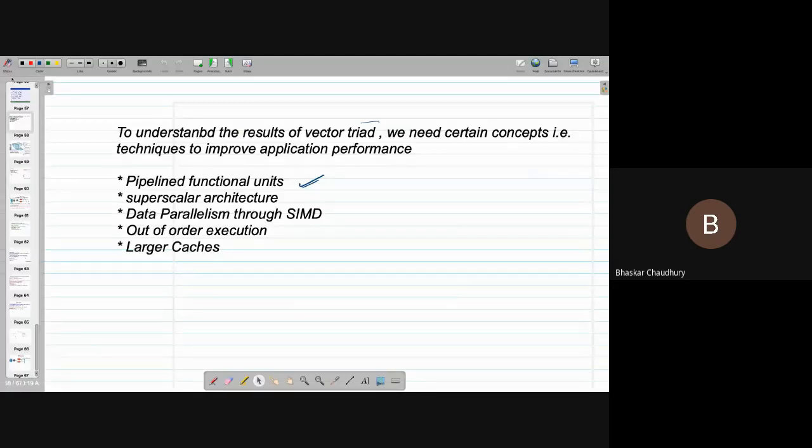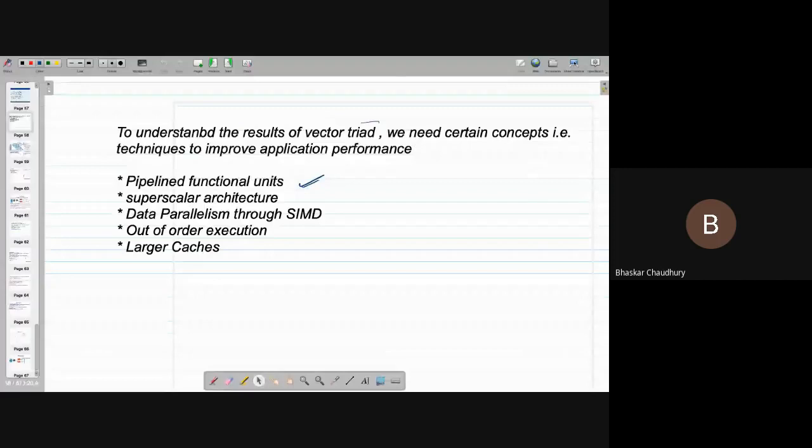In addition to that, in the previous lecture, we also learned about the balance analysis, code balance and machine balance, and how those parameters are really important in really understanding and finally to optimize your codes. Okay, so the first thing we are going to start today is the pipeline functional unit.